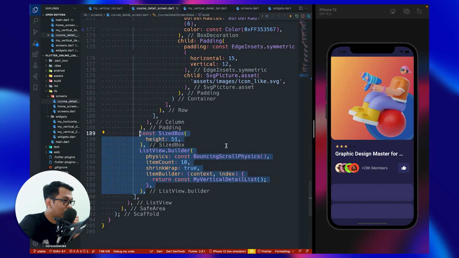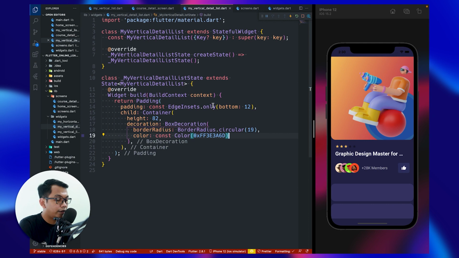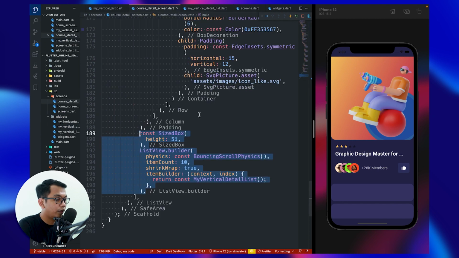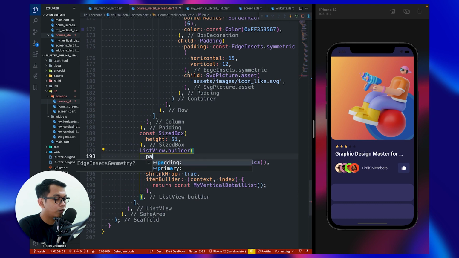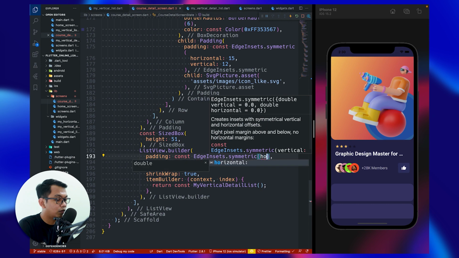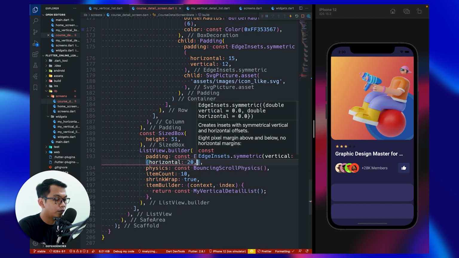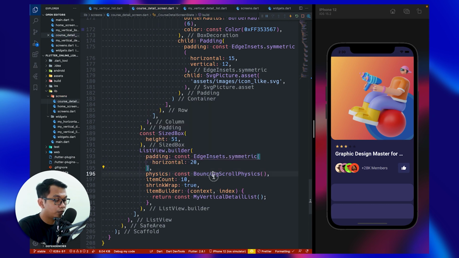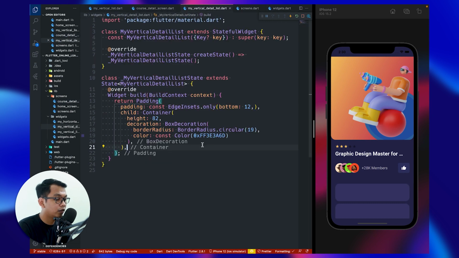Alright, so I think we can go to vertical detail, not here. I think we can give a padding from here. Padding symmetric horizontal 20. I hope so.